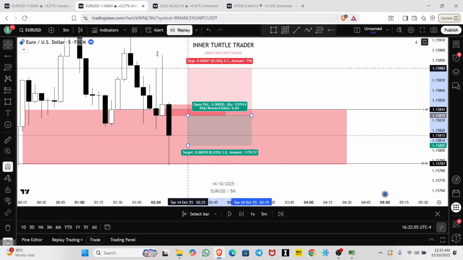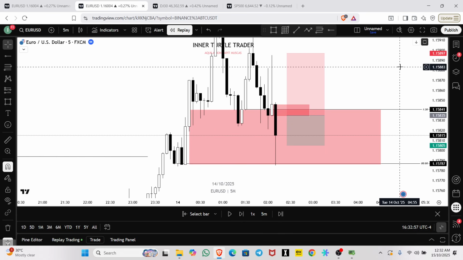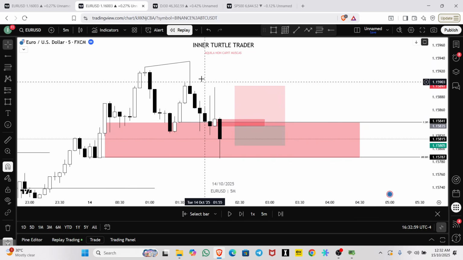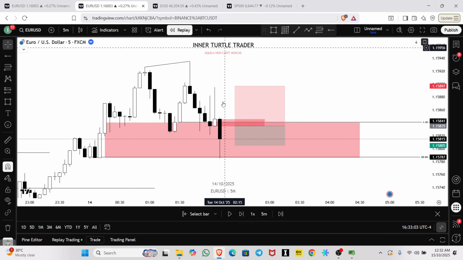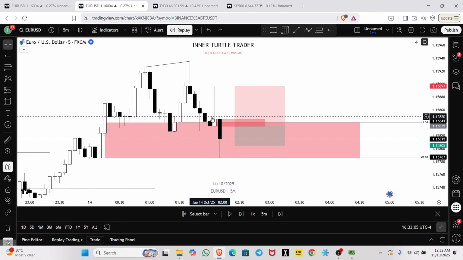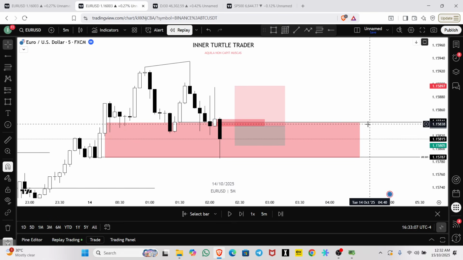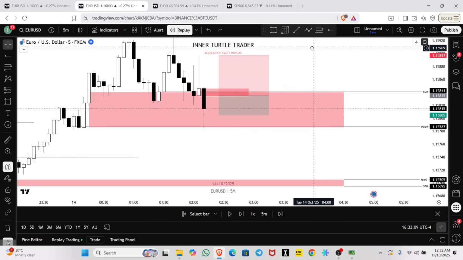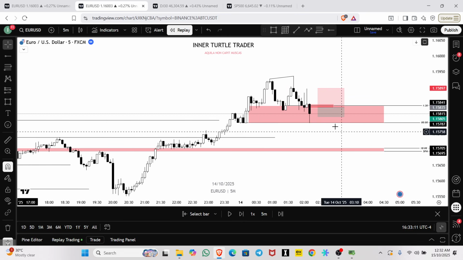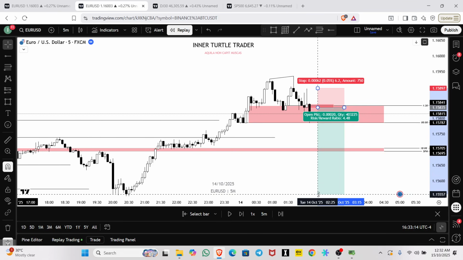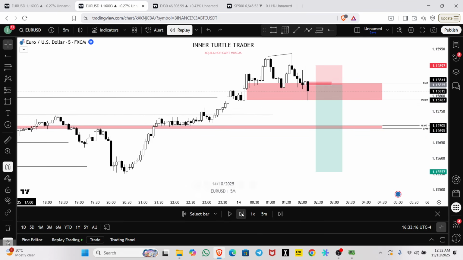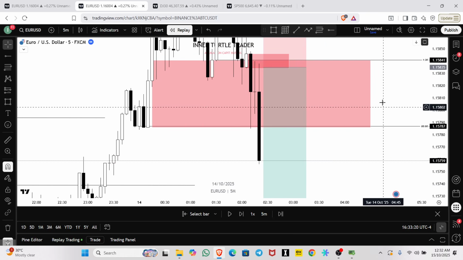So if you would have taken this entry right there, and you would see this happening a lot of times, you'll see that there is a crack in correlation, but you'll see this price wicking above again and again. But what price is actually trying to do is align itself together with the true opens, right? So this would have been the entry. But anyways, any entry, as long as I'm managing my risk properly. You see how perfect that was. Look,